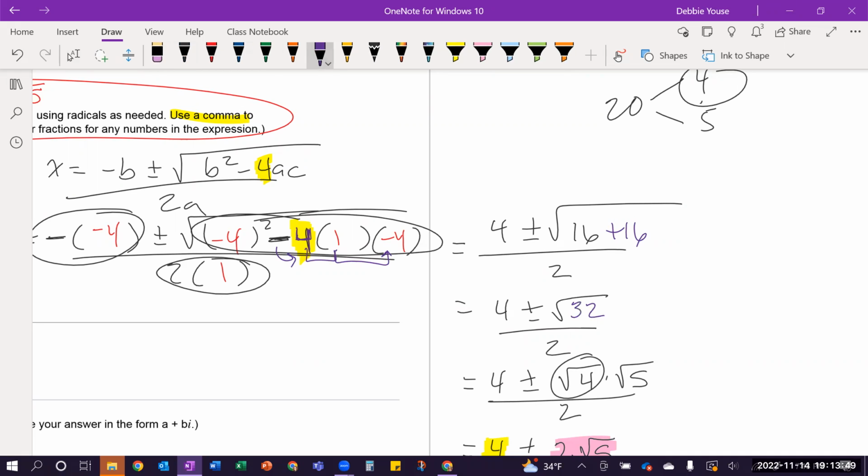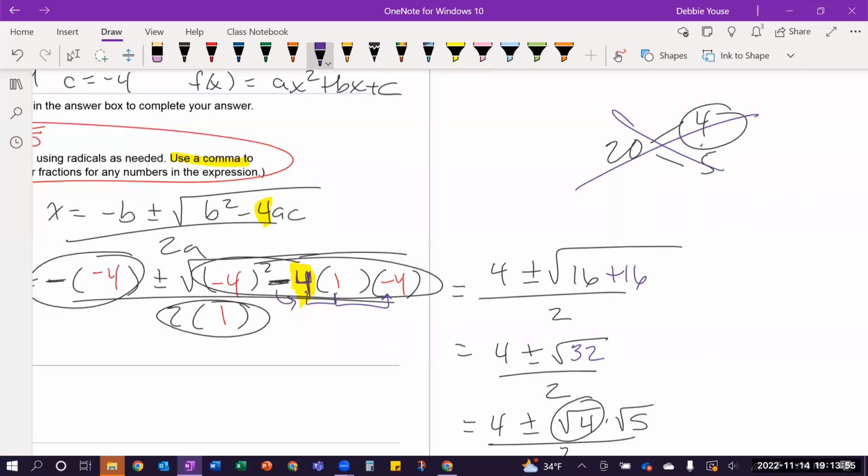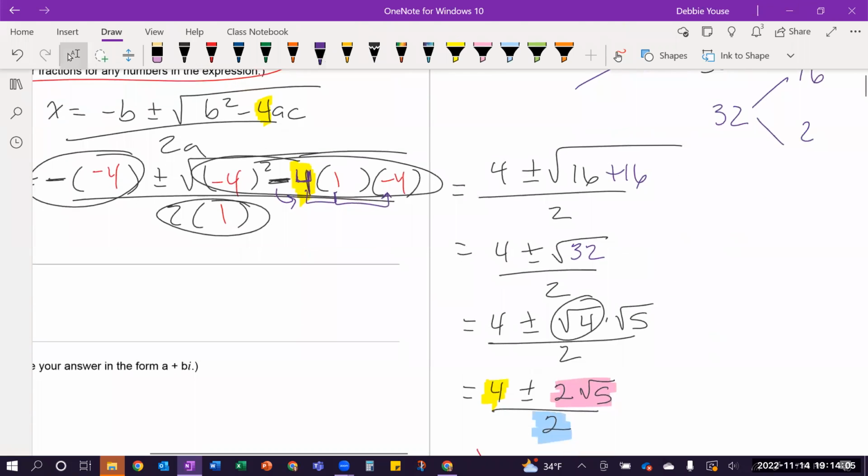which is still not a perfect square, which is what I was explaining before when it was 20, except instead of taking 20 as 4 times 5, we're going to take 32 and say, okay, well, what can I break 32 into that involves a perfect square? And that is 16 times 2. And so we're going to break that into